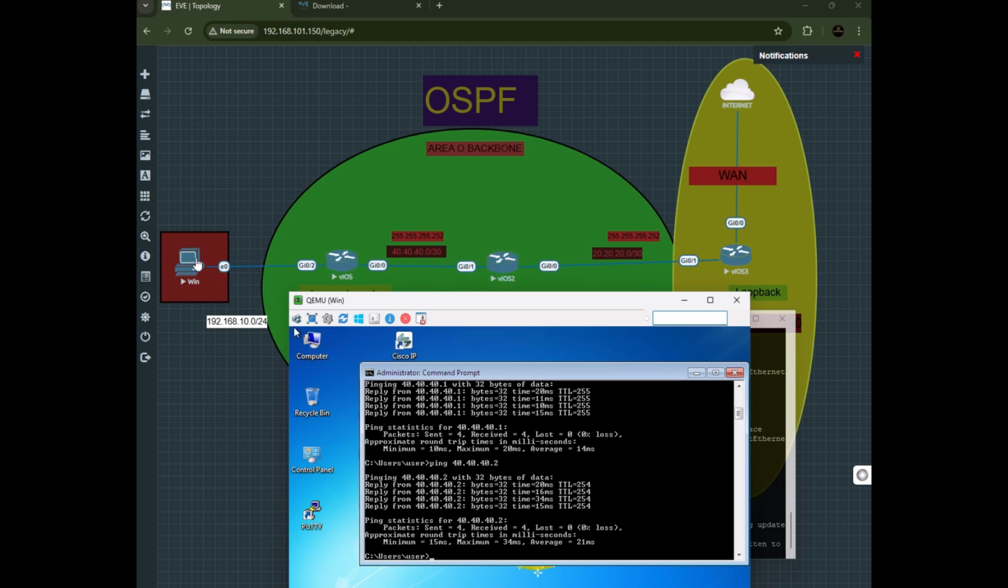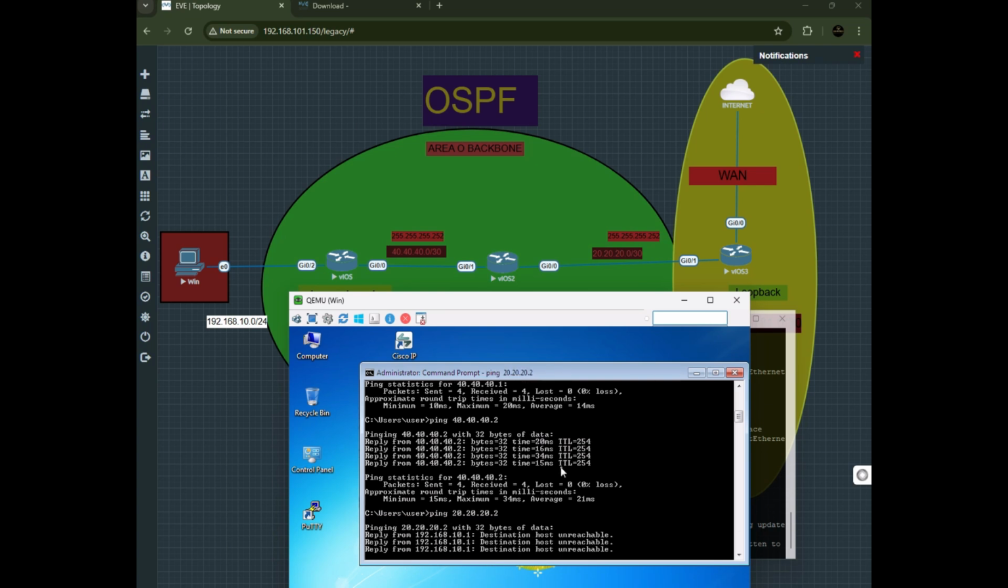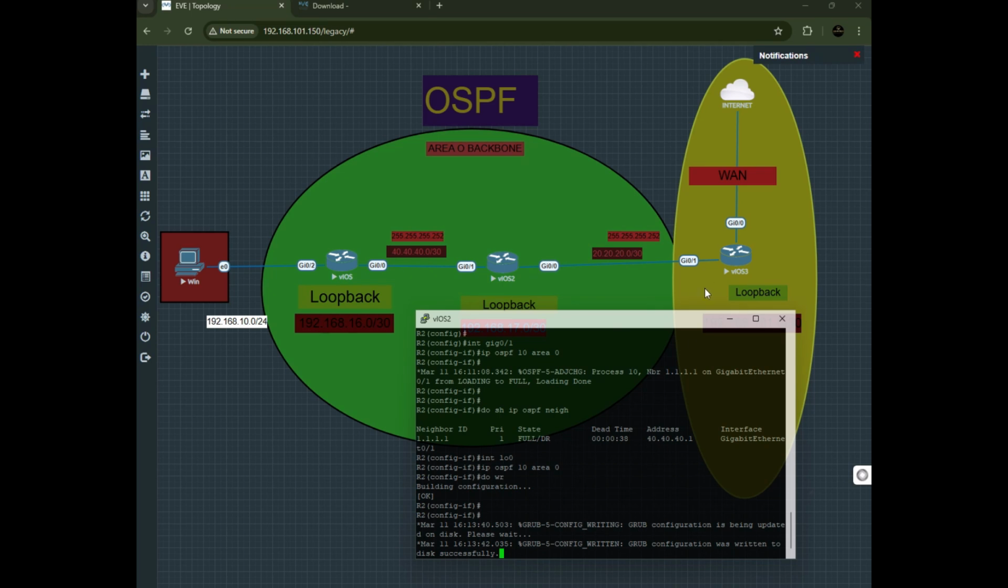At least we are moving closer to where we're trying to go, so we can ping that interface on router 2 now. What about this interface? Let's try to ping 20.20.20.2. This is actually trying to show us how important the dynamic routing protocol is. I'm just going to minimize this, and then we're going to come back to it once we have successfully